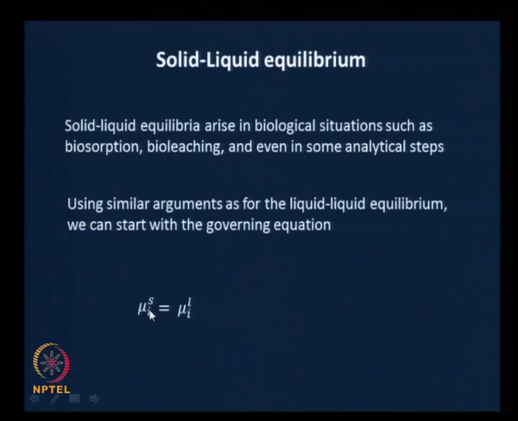This could be, for example, chromium or cadmium distributing between the wastewater and the biosorbent that is used to remove this particular metal. So, mu i in the solid phase equals mu i in the liquid phase, and if we expand it in terms of the fugacities, the terms will cancel,